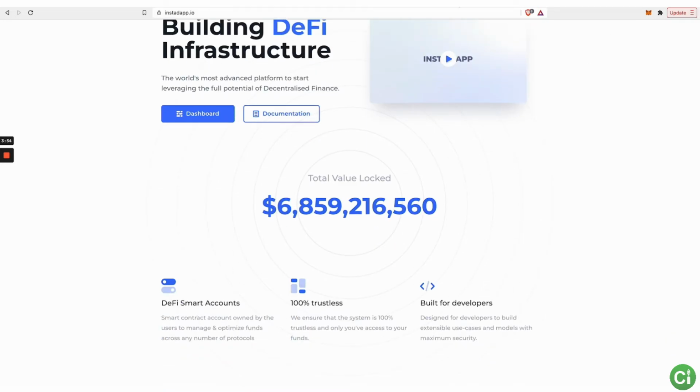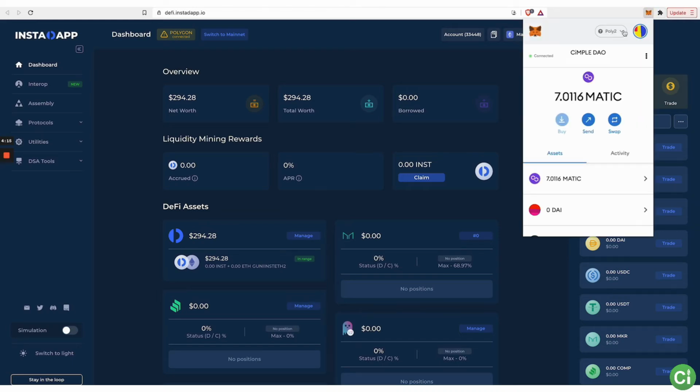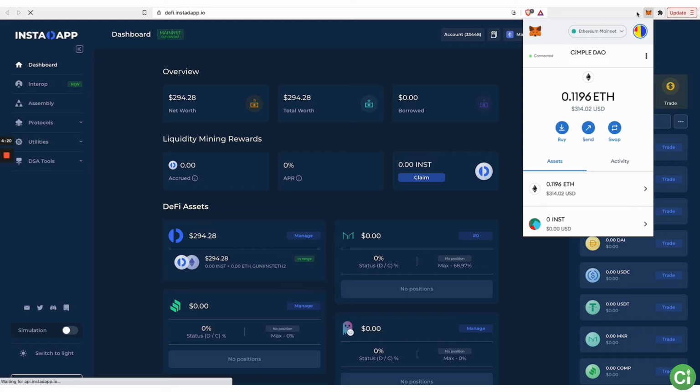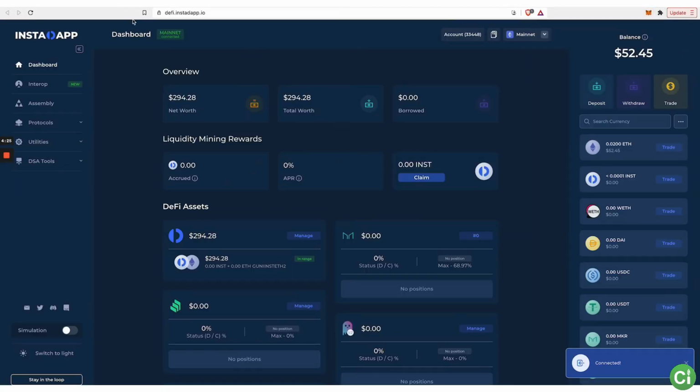And so let's walk through their dashboard a little bit, because this is how you're going to interact with some of the CiMPLE strategies for now. Eventually, it will 100% be on our interface, but for now, there are certain things you need to understand about how to use this dashboard that will allow you to do CiMPLE strategies. So the first thing is getting to Polygon. I mentioned that it would be done in this video. So I'm gonna go to the ETH mainnet, okay? And it's gonna reload everything. And I'm connected. See how it says connected?